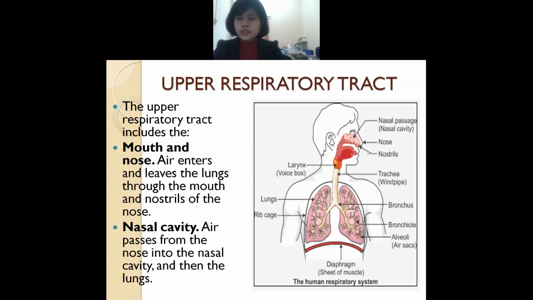Okay, so air will enter inside your nose as well as your nostrils and as well as your mouth. And afterwards, where will it go? It will go inside your lungs. Is it clear? The air will pass through this nose, nostrils and mouth, and it will go inside the lungs, which you will find in the upper respiratory tract.